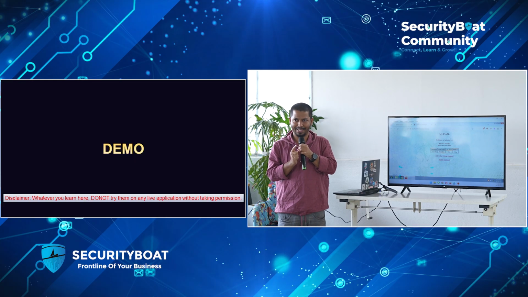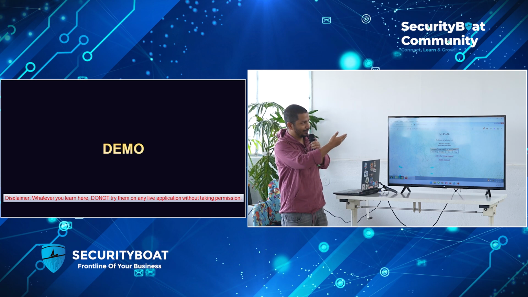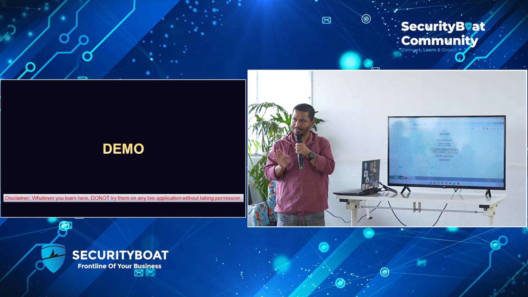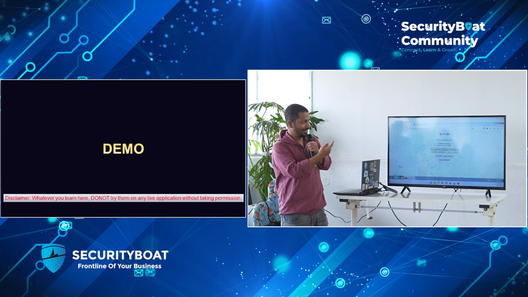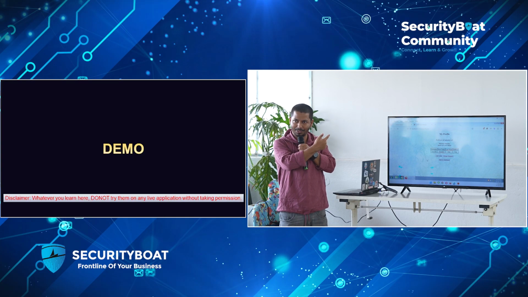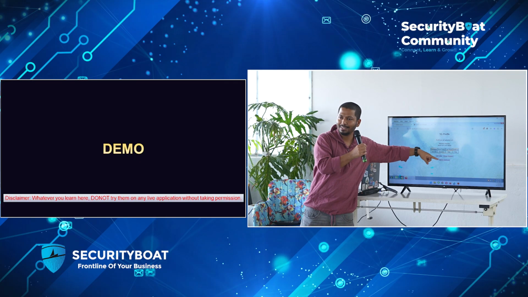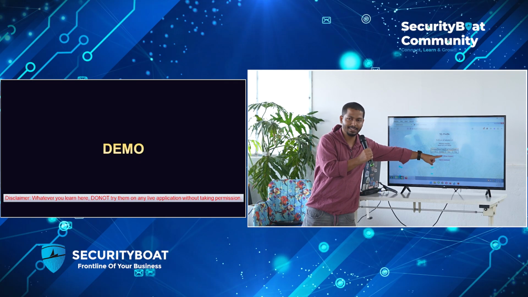You have to also verify. Just changing a value in the one page, if you just see the UI, welcome C sites. But if you go to profile and see my details are only fetched, then authentication bypass did not happen. But here on the welcome page it was showing welcome C sites, and when I go to my profile it is showing C sites details, and here I can change the password.